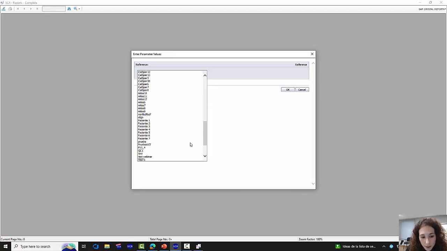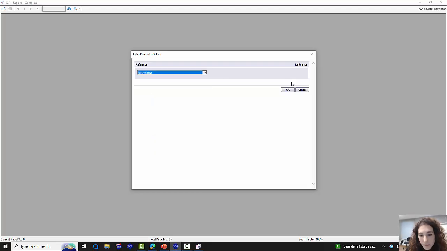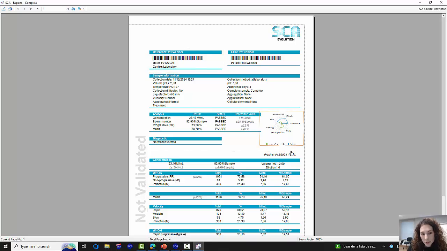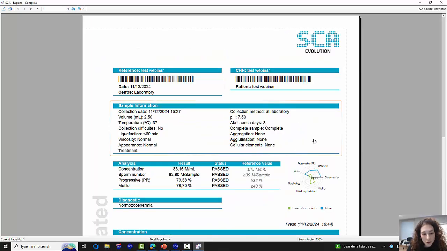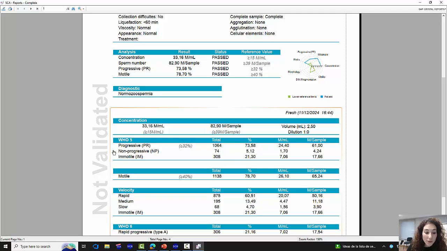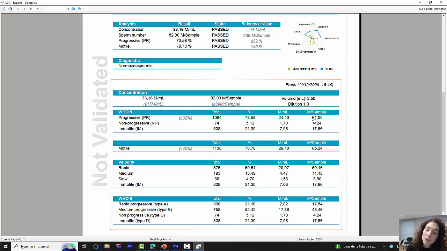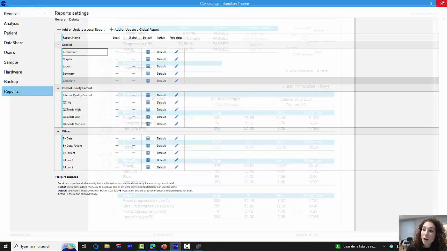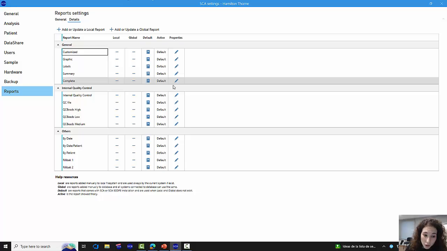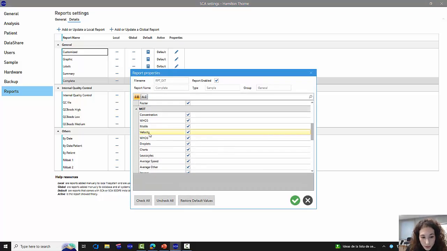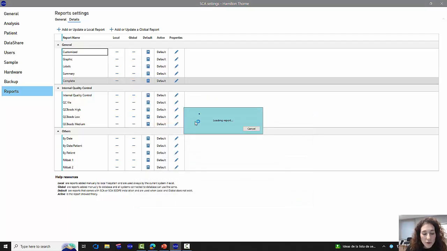I will just select my sample. And as you can see here, among all the information that is available on the report, we have the section for WHO 5th edition and also 6th edition. We have both at the same time. But maybe some people are just interested in WHO 6th edition. So this is why we are going to modify this feature. We are going to uncheck this box. And now, if we open our report,